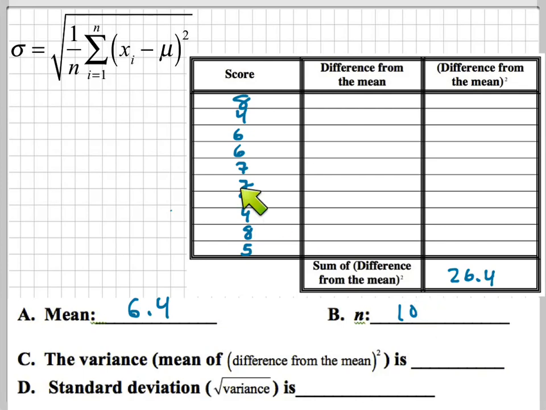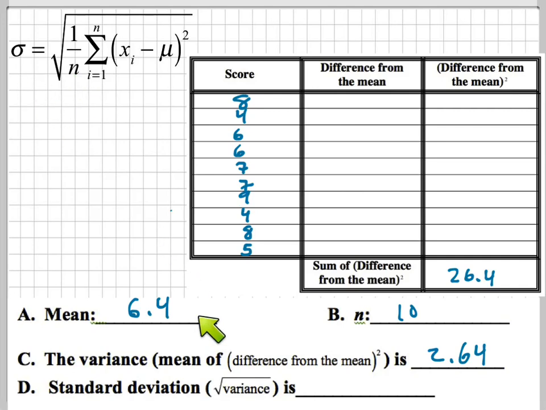Okay, and then we get to the variance. Now the variance part is this part right here. I wrote right here, mean of the difference from the mean squared. So what's the mean of this? Well, that's just taking the sum of all these numbers, you add them all up, and then you divide it by n. Kind of like when we found the mean right here. You add up all these numbers and divide by n. Well, the variance is adding all the differences from the mean squared, and then dividing by n. What did you guys get when you did that? 2.64. And that's why there's this 1 over n right here, because when we multiply the number we get right here by 1 over n, you're really dividing it by n.